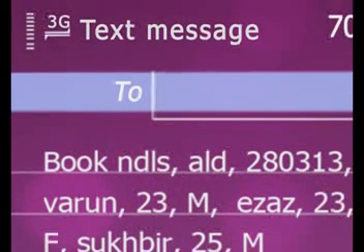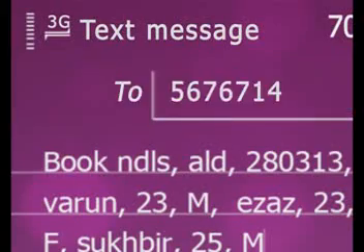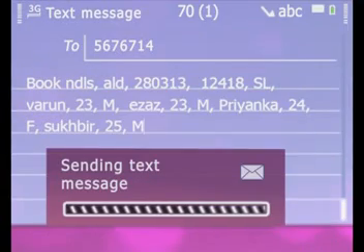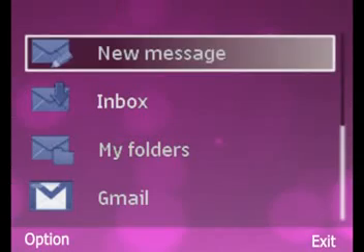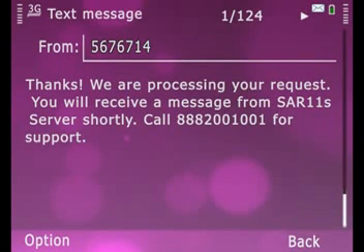This SMS has to be sent to 5676714. Once the user sends this SMS, he would get an automated response from the system almost immediately, saying your response is being processed. Now, depending on the response time from the central server, the user would receive this message which